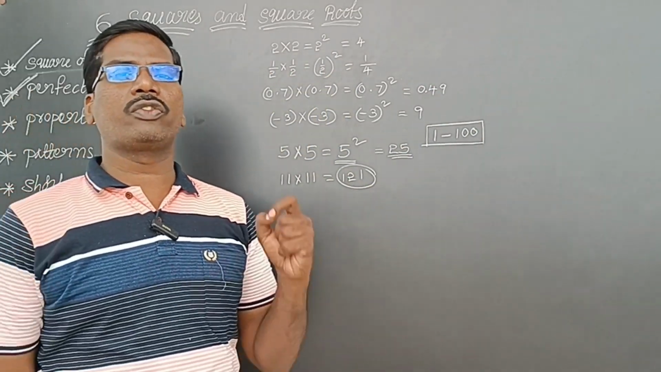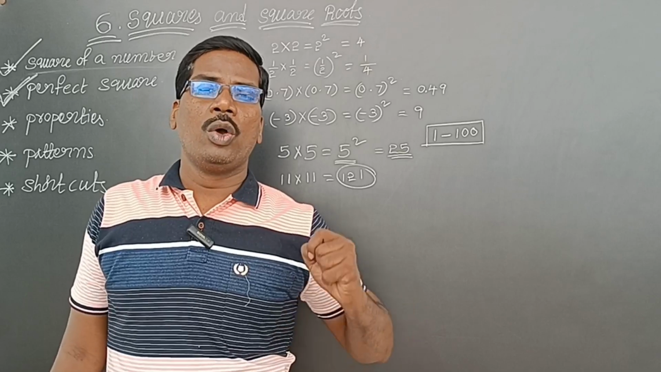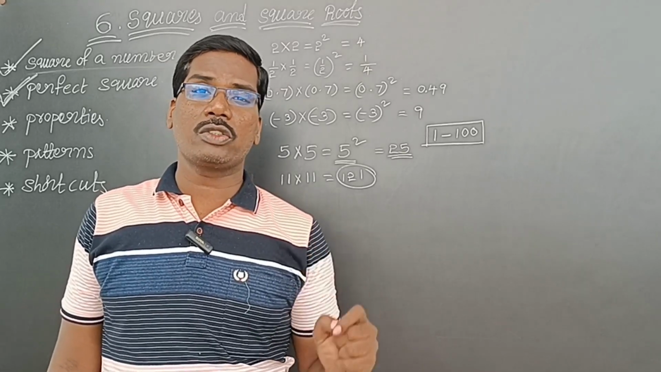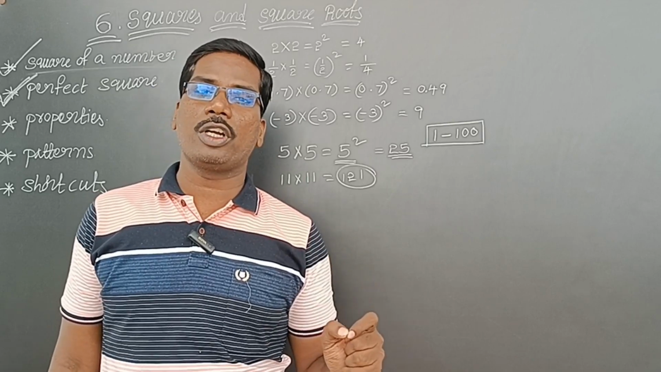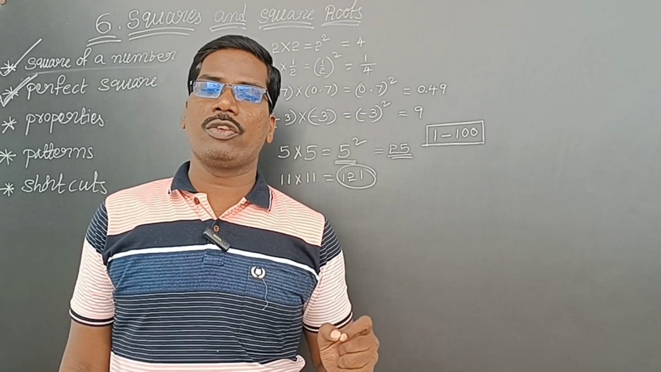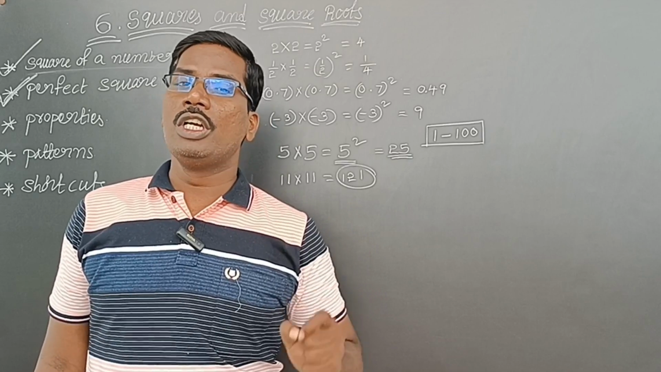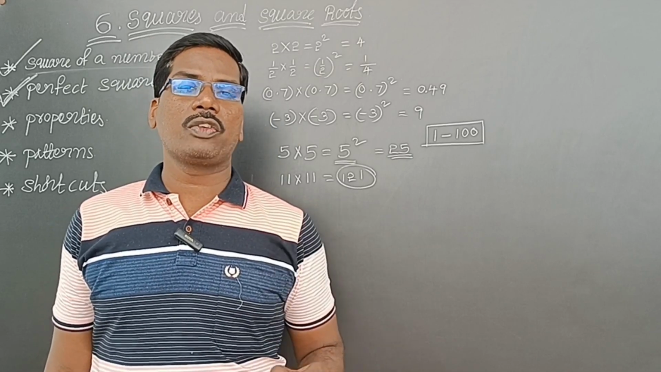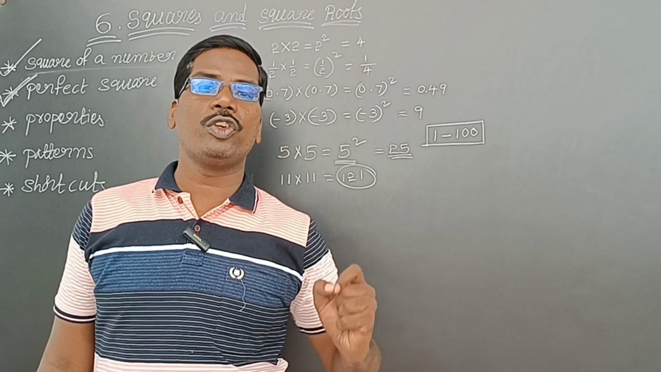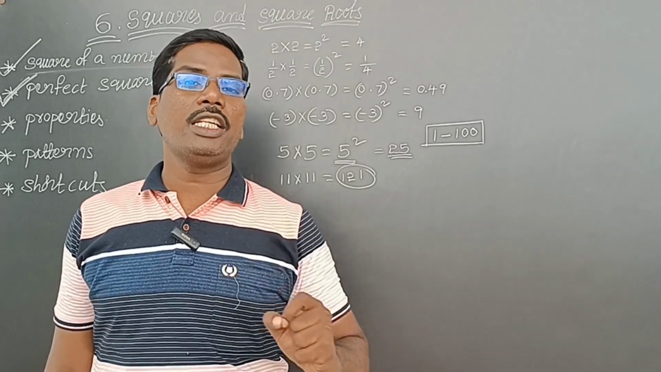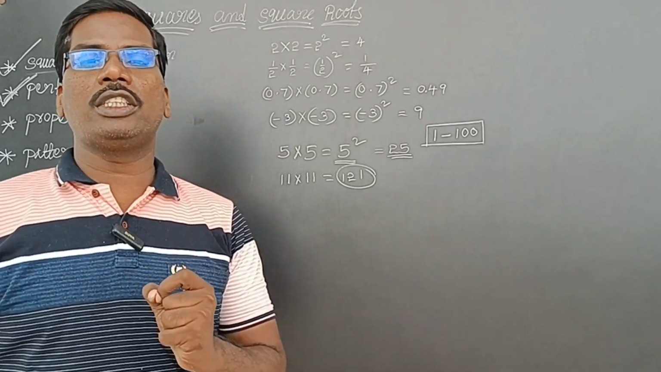The squares from 1 to 100 you have to know. Means what? 1 square 1, 2 square 4, 3 square 9, 4 square 16, 5 square 25, 6 square 36, 7 square 49, 8 square 64, 9 square 81, 10 square 100, 11 square 121, 12 square 144, 13 square 169, 14 square 196, 15 square 225, 16 square 256, 17 square 289, 18 square 324, 19 square 361, 20